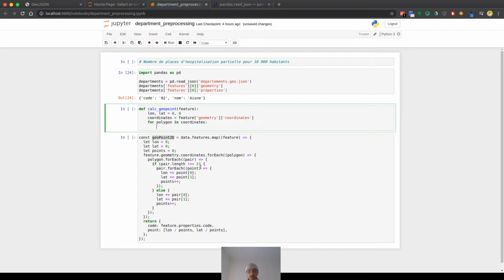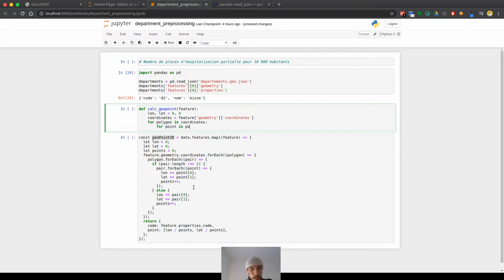Anyway, I'll need to test whether the polygon is nested within another one, and so for that what we are gonna do is that, okay,